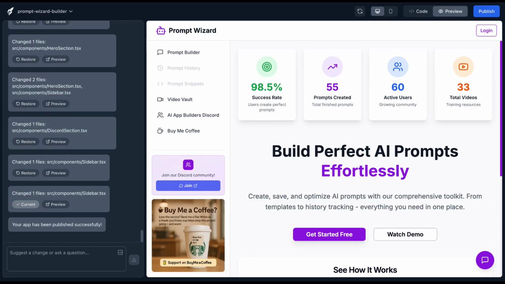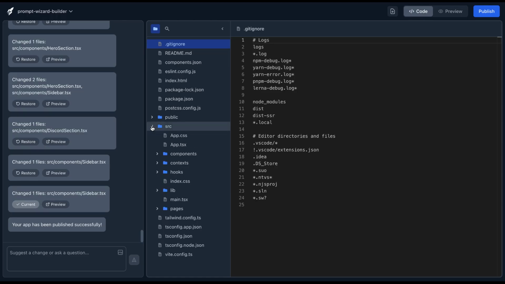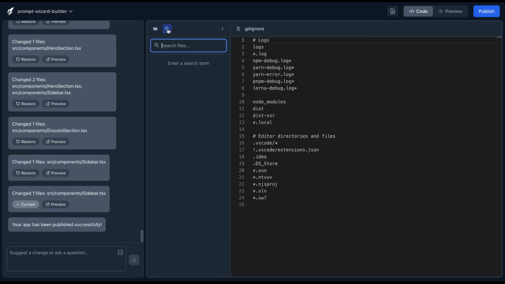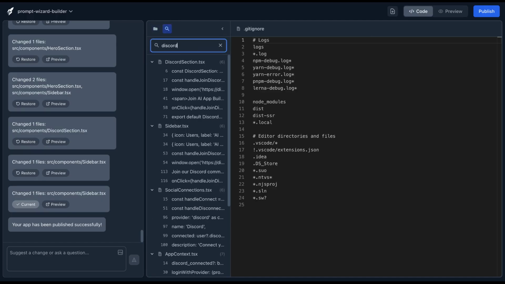So you're going to click on code at the top, and then we have all these files, just endless ones. And mainly most of the site is in this source component section. But to look for the Discord link in this whole load of files just takes time, and you always miss it. But now look, there's this little search box at the top. You can press on this, you can type in Discord, and it will show you